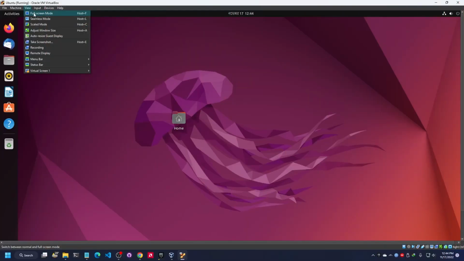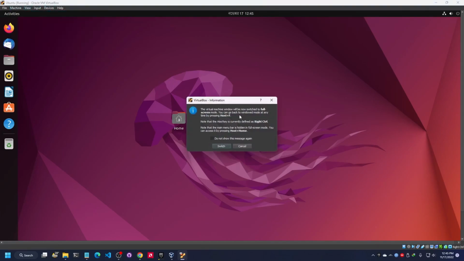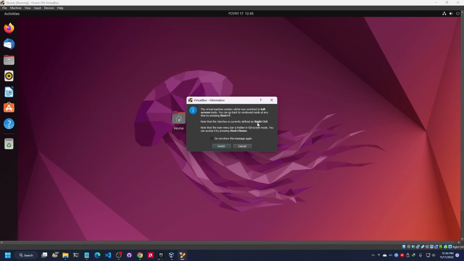All right, if I want to go to full screen mode, I can simply press Host and F. Or I can click here, View, Full-screen Mode. The virtual machine window will now switch to full screen mode. You can go back to window mode at any time by pressing Host and F. Host indicates the right Control key, if I'm not mistaken. Yeah, note that the Host key is currently defined as right Control, so I need to press right Control and